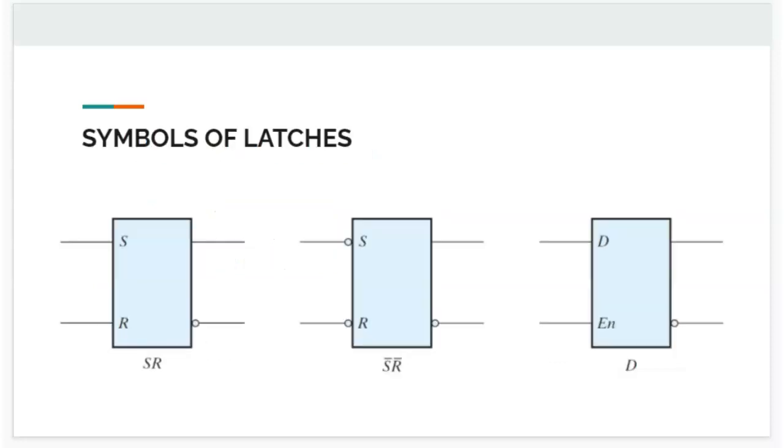And then here are the symbols of these latches, the circuit symbols, the graphic symbols, where this is an SR latch. The bubble represents the complement of Q. Here is Q dash, with the same bubble here as well. S dash and R dash represent that if you wish to set this, you have to apply a zero signal. If you wish to reset this, you have to apply a one signal. And then this is a D latch with the enable line. So this is how it works.